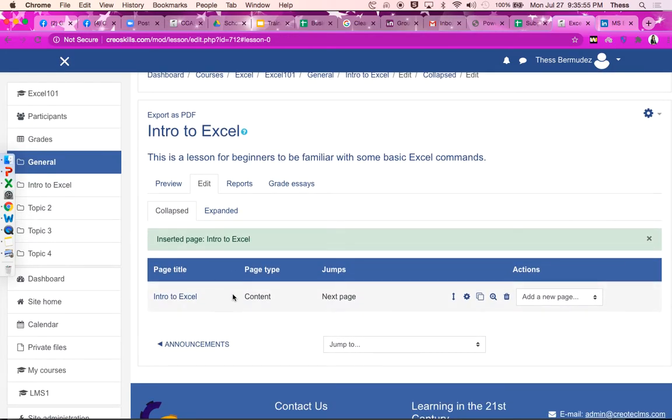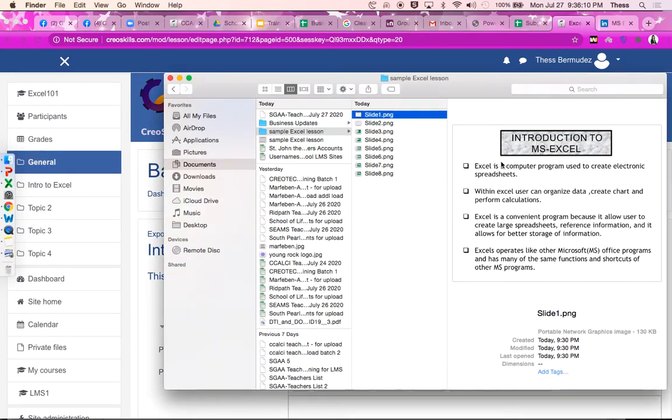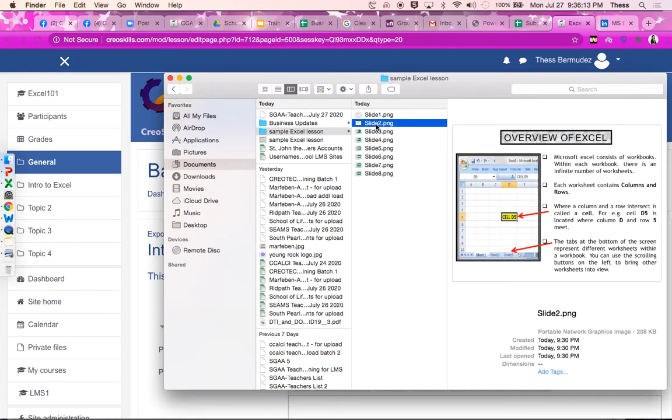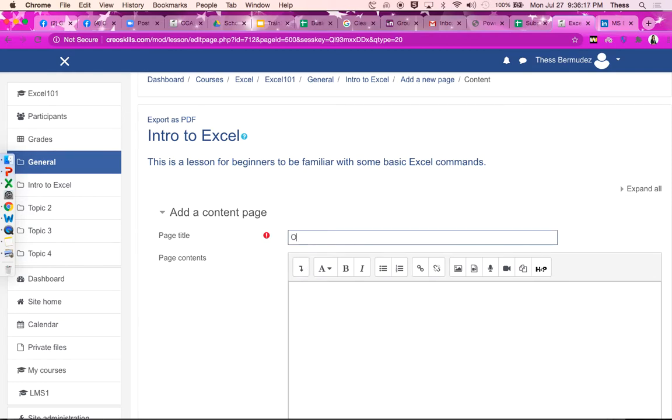Alright, so you now have that first page, Intro to Excel. That's a content page, and then it jumps to the next page. But what is the next page? We have to include the next slide or the next image. So same thing, I have to check the next one, slide 2, overview of Excel. So I'll just put here overview of Excel,